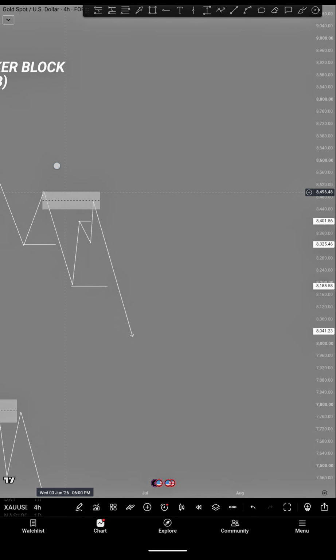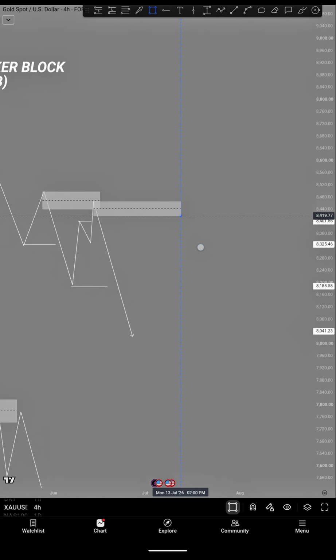Why? Because it is coming from an order block. So if there is an order block here, the zone that mitigates the order block is now a what? Mitigation block. So if there is a mitigation block now, right? And I'm expecting price to come back to respect that mitigation block or order block for continuation towards the